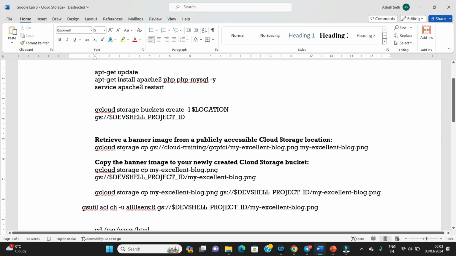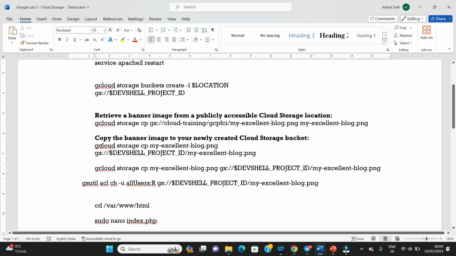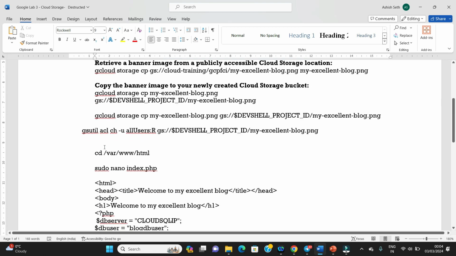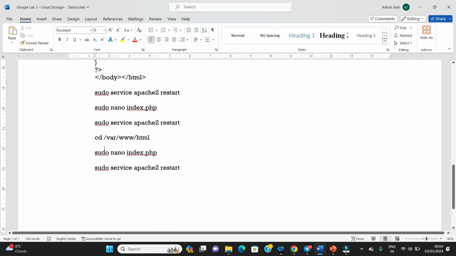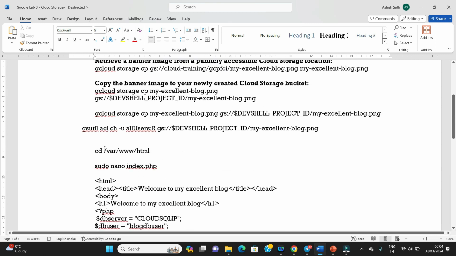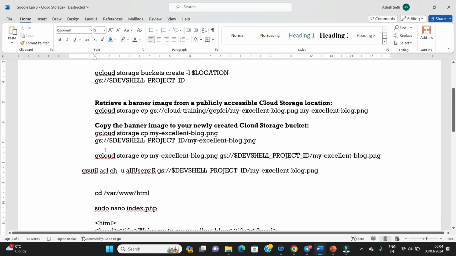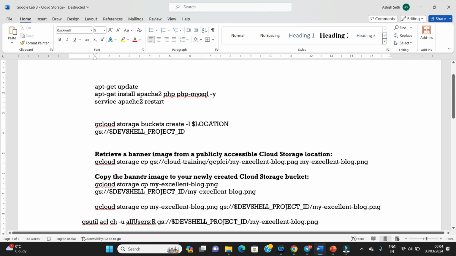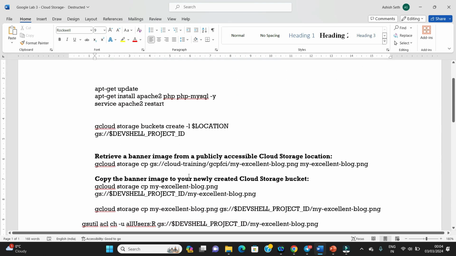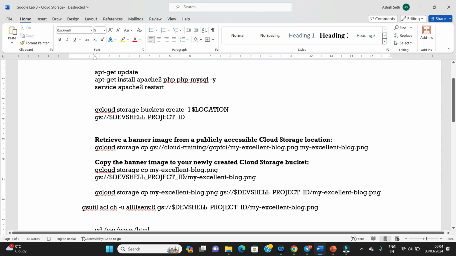I have already made this file here, so I can just copy and paste it into our lab exercise. It will be easy for you, and this will also be available to you to use when you are doing your work. Similarly, all the commands which will be used in this lab, I have identified and already made a ready list. Okay, so let's see how it can be used in our Google Cloud Platform.